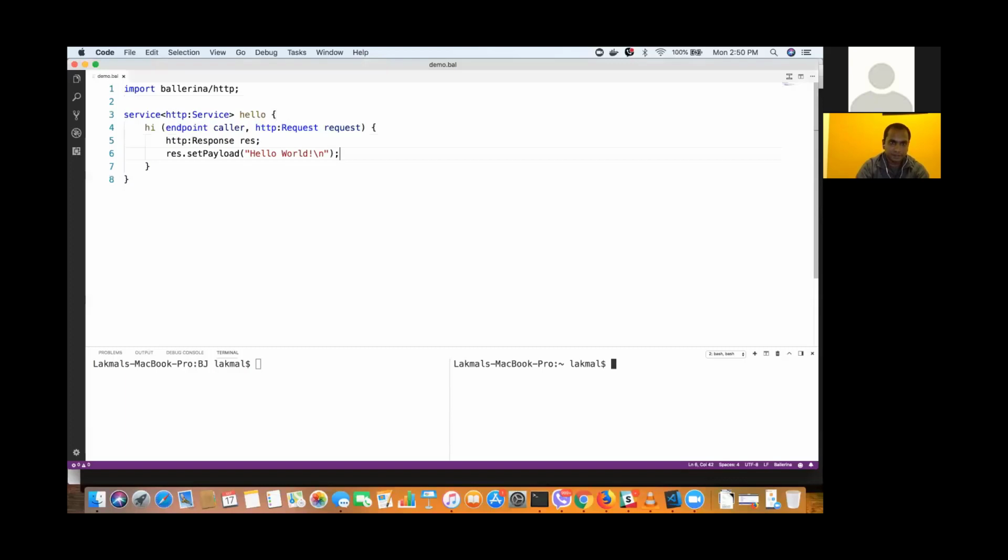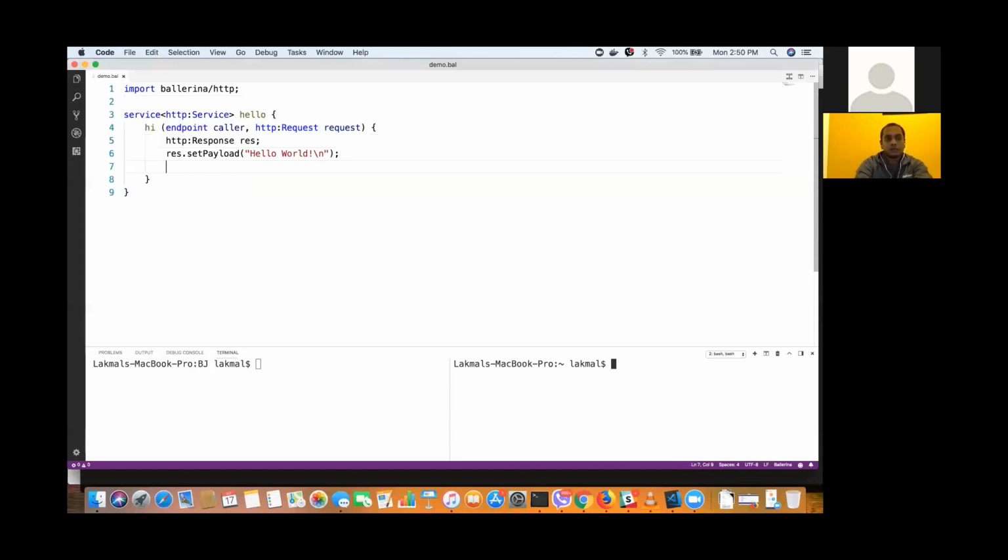Right. I will show you how we can deal with the request in an example. Here, without getting any request, I just set the response first, and then I will come to how to handle the request parameter. Got it. Cool.